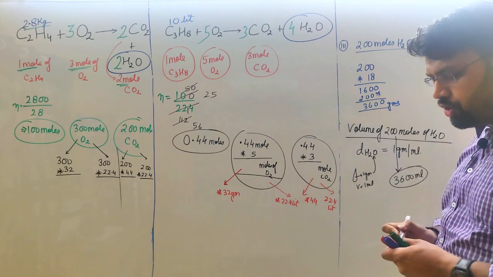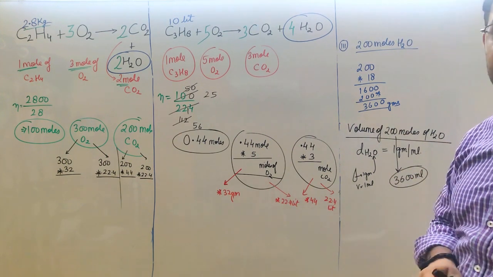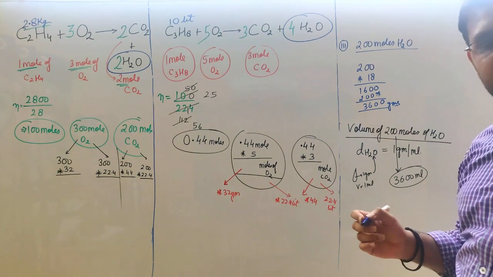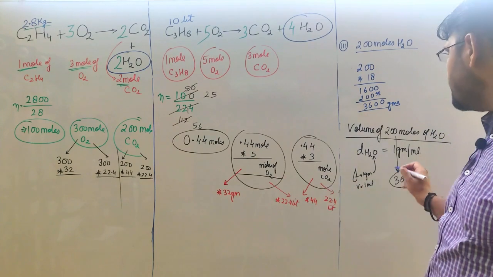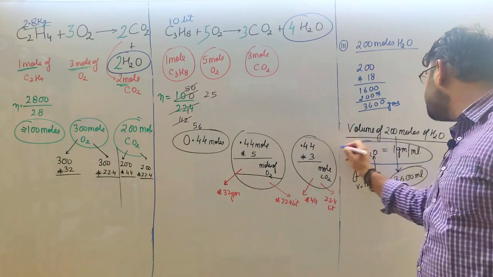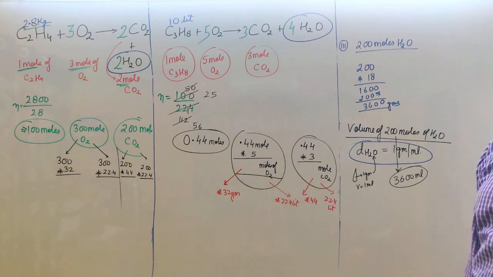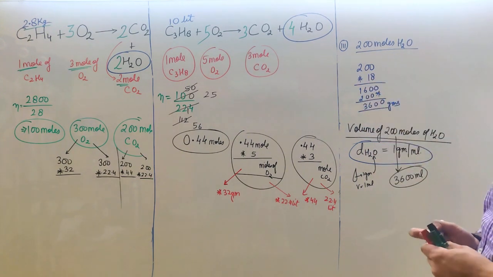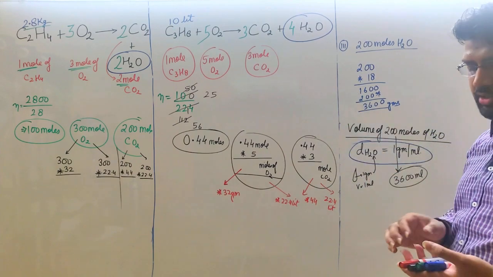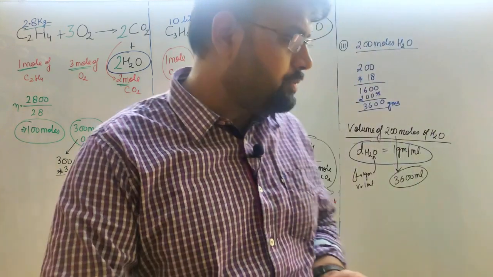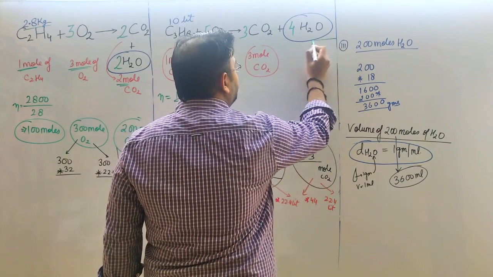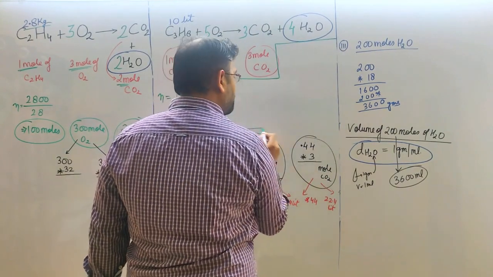So for H2O, unless it is mentioned especially in the question that it is in the form of vapors, or the reaction is occurring at a temperature of 100 or greater than 100 degrees Celsius, we have to consider this concept for H2O. I hope you are getting what I am trying to say. We'll see this concept for the fourth question also. Which marker should I use so you could see a different thing? The green one will do, I hope.